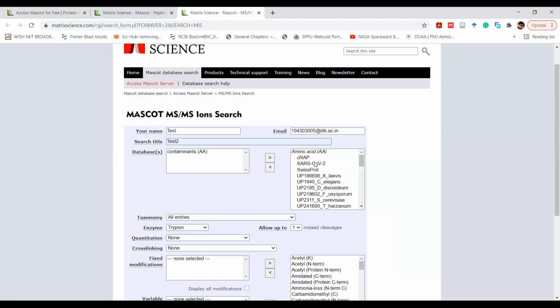Just like if you're working on SARS-CoV-2, you know that this is a protein from SARS-CoV-2, but you don't know what it is. So you can definitely give the database of SARS-CoV-2. But in case this is a totally new or unknown protein to you, you can definitely give SwissProt, which is in general an all-protein database, a curated one. That's why we generally prefer SwissProt, because it will have only the curated and checked correct entries.